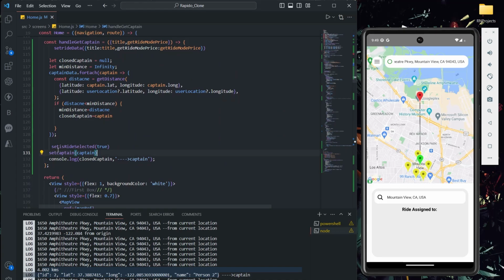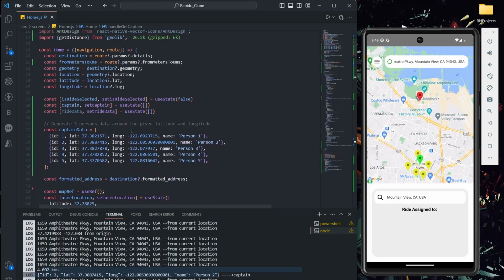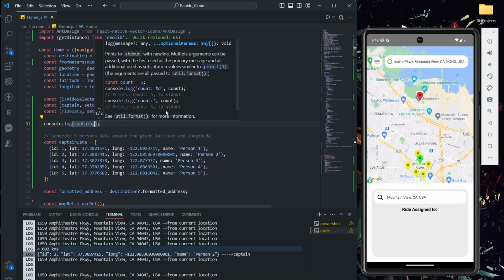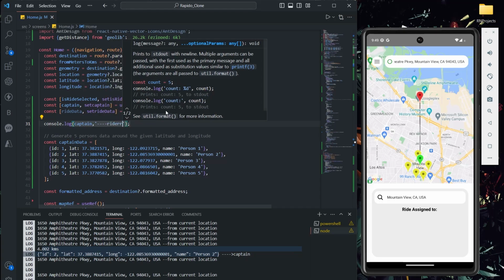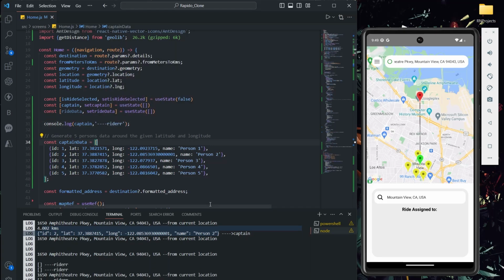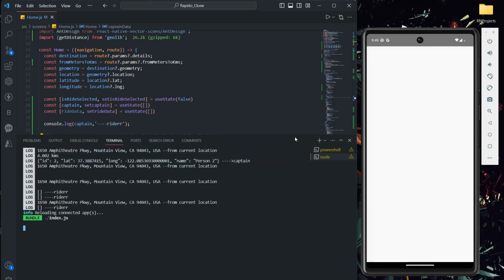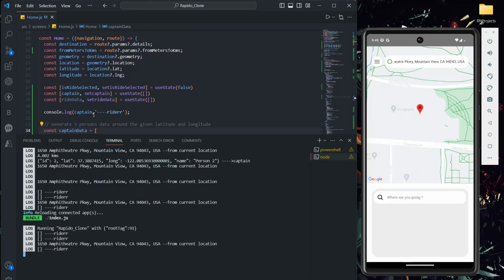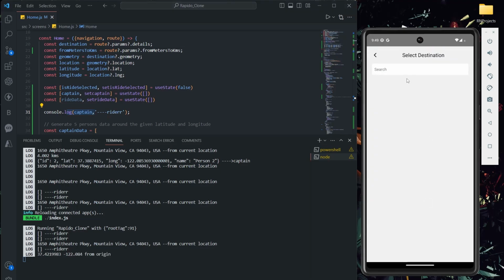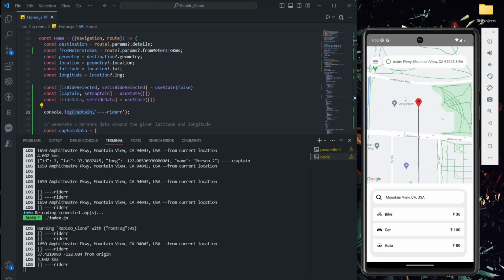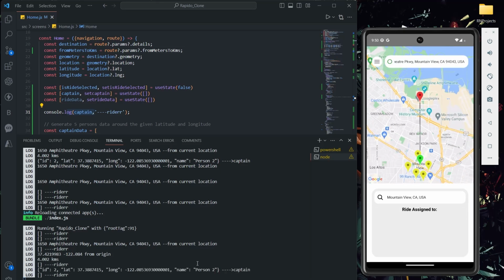Okay, setCaptain, and what I'm going to do is a console log here. So console.log captain, rider, just for reference purposes. Okay, we are getting empty here. Now let me refresh it and check. Initially this will be empty only, we all know this. Perfect. Now if I click on this and select Mountain View, this one option, and if I click on bike, okay, the value is not getting stored here.